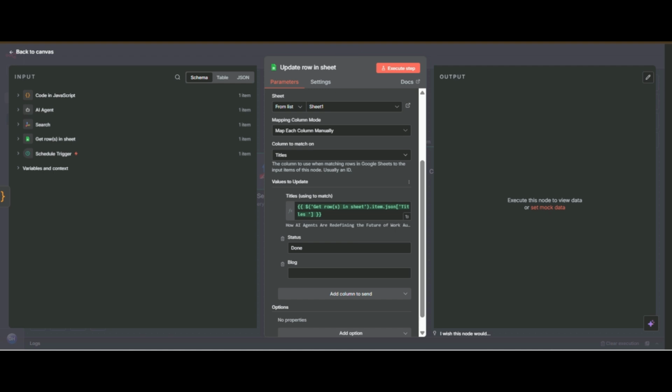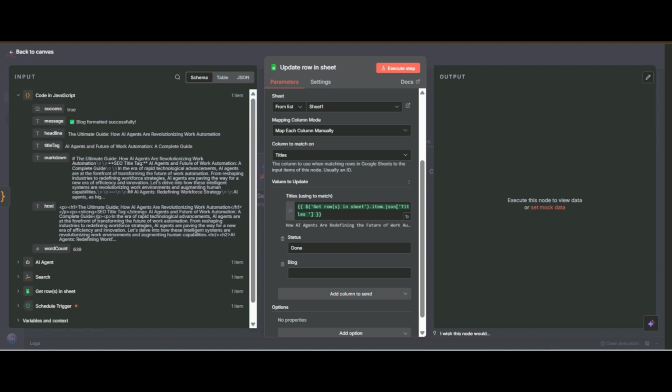Because we have created our blog post, here you can see the section, but which code will we drag? Here we will drag markdown, because if I use HTML, it will write into Google Sheet in HTML form. But we do not want that.